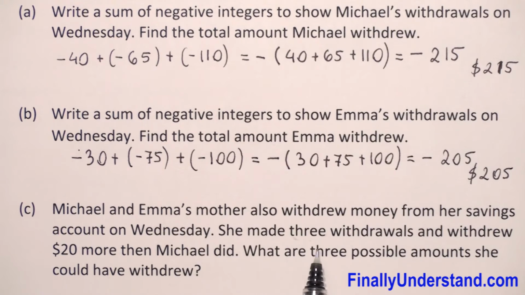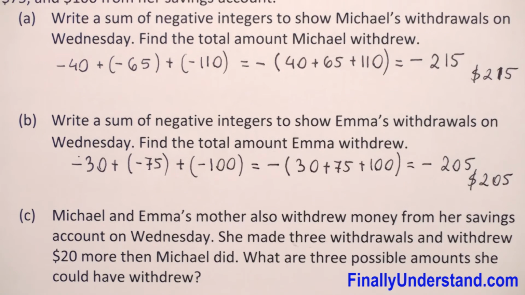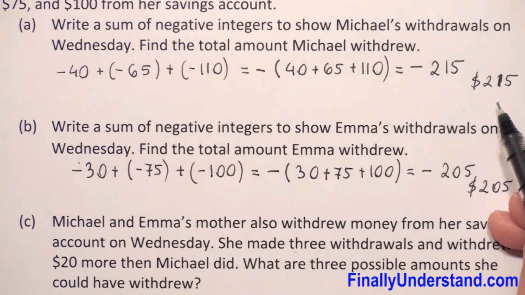Next, we have that Michael and Emma's mother also withdrew money from her savings account on Wednesday. She made 3 withdrawals and withdrew $20 more dollars than Michael did. What are 3 possible amounts she could have withdrawn? So first we have given that she made 3 withdrawals and withdrew 20 more than Michael. We calculate that Michael withdrew